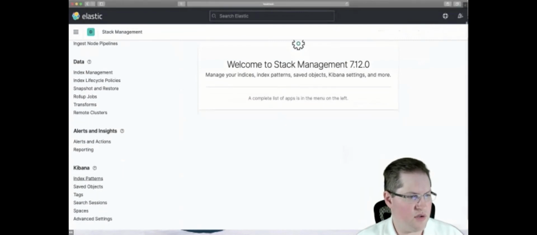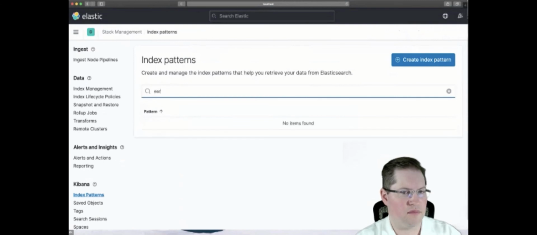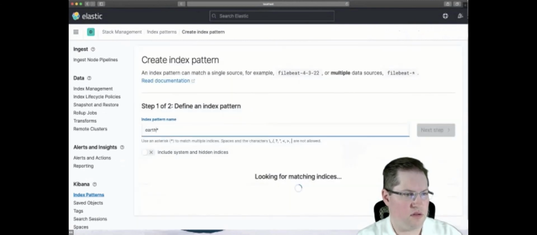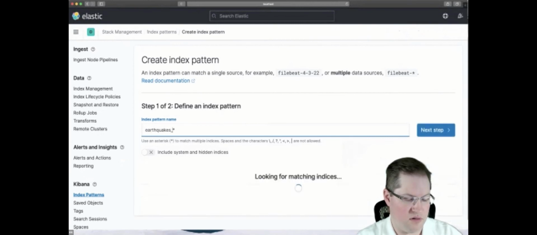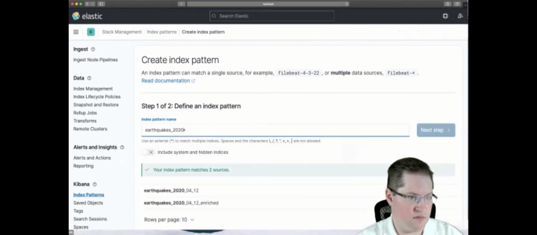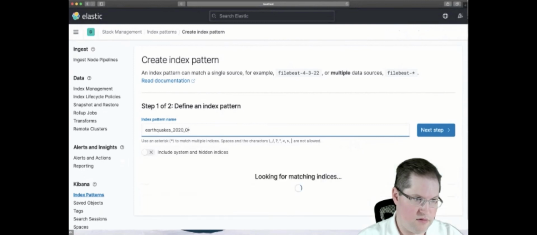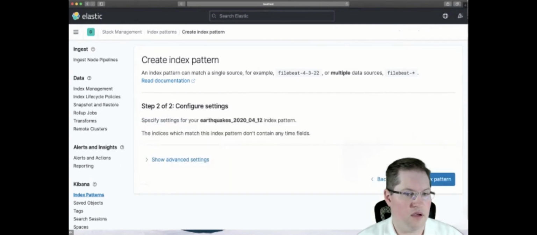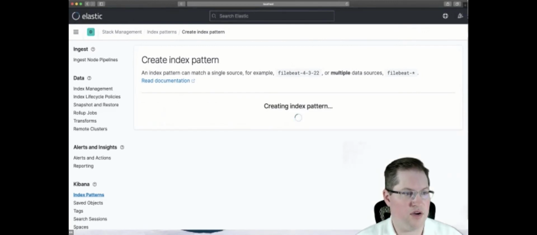And when I did that, it created a fairly